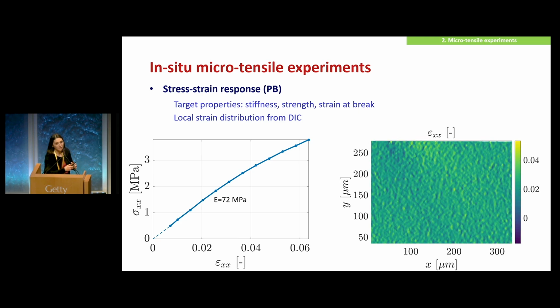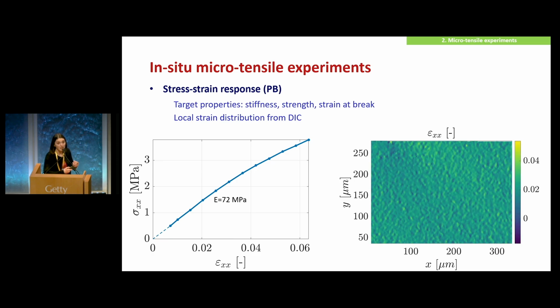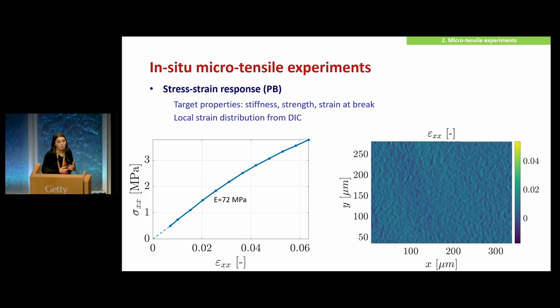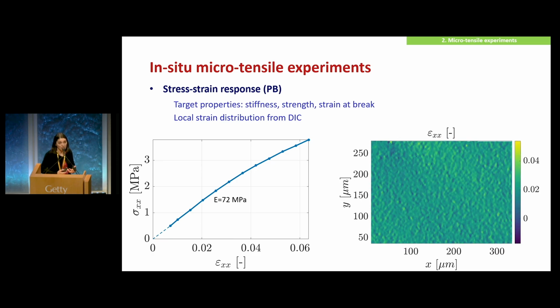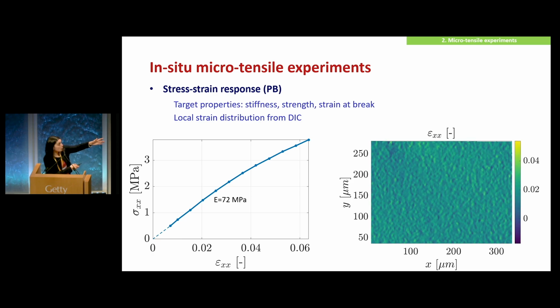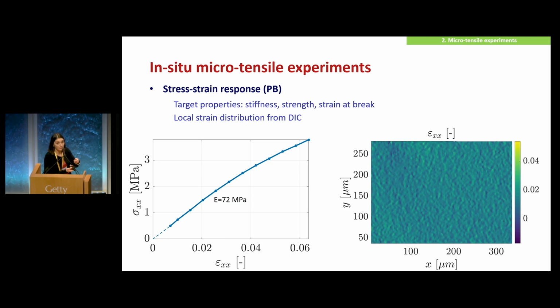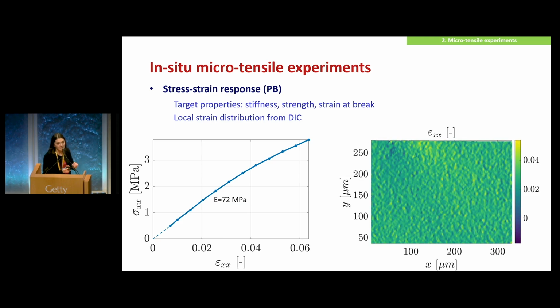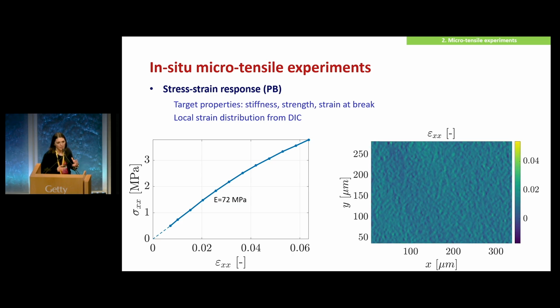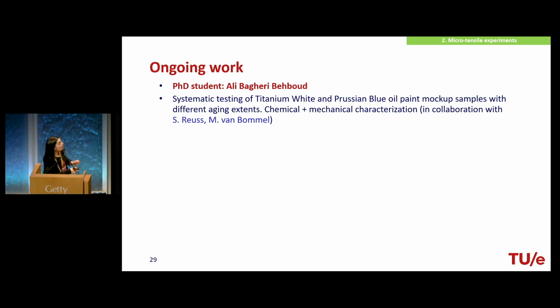We hope to see that there is a correlation between the microstructural features and the strain profile. So we can hope to see where the microstructural origin of damage is present. Also, this is the strain in the direction of loading, but perhaps you can also have information on the strain in the transverse direction, which is not exactly the Poisson's ratio, but it can also give information on that. So to conclude, I mentioned what we are doing.